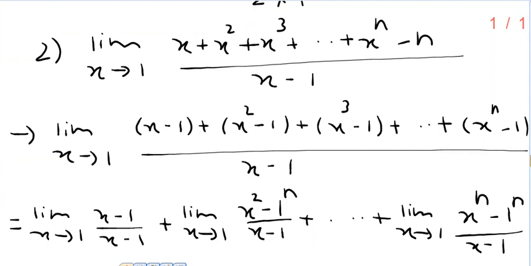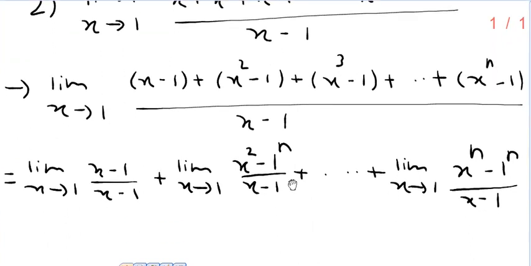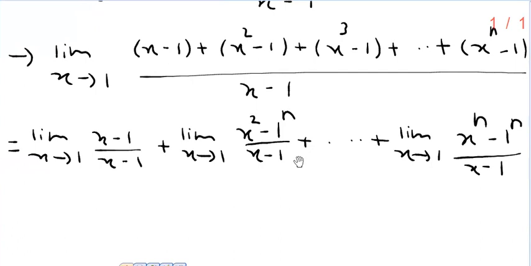Now split the numerator. After this, what should be done? Standard formula. Now I will not mention that, but I'll tell you the formula. Standard limit rather. Limit x tends to a, x raised to n minus a raised to n upon x minus a is n, that is the index, into a raised to... Limiting value is 1.